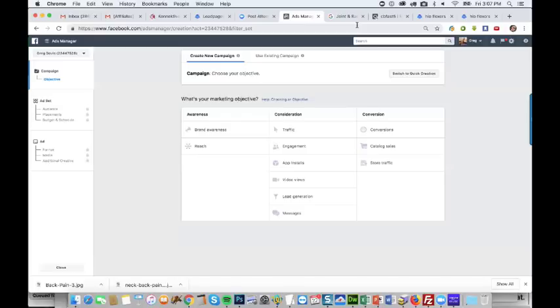So we're going to go conversions. Plus, the benefit is that if you go broad, with no interests, your traffic's going to be cheaper. It's going to be the cheapest it'll ever be, and that's really the main benefit. The other benefit is just scalability. Let's look here. We do conversions, and we can name it. Let's name it hip flexors. There's some other stuff you can do here, which is cool, but right now we'll just continue.